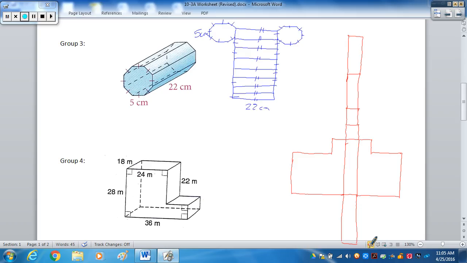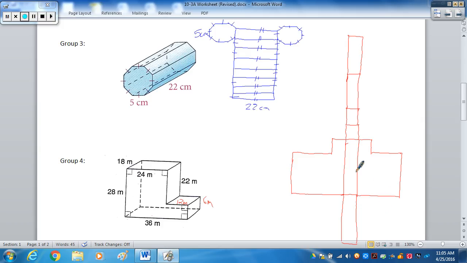Now, what's going to be difficult about this one is there's so many different dimensions, and it's going to get very confusing with our markings here. But we know that this length is 22, so this length right here is going to be 28 minus 22. So this length right here is 6 meters. Okay, we know that this length is 24. We know this is 36, so this length right here is going to be 12 meters. Okay, so from there, if I fill those in,